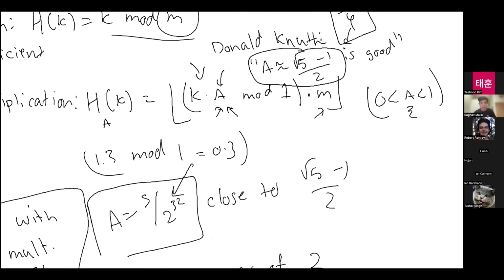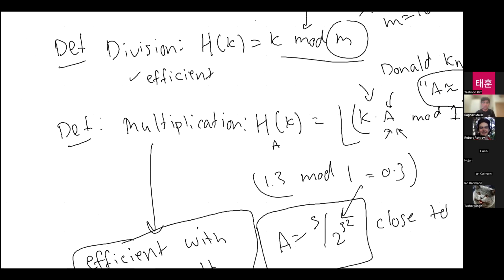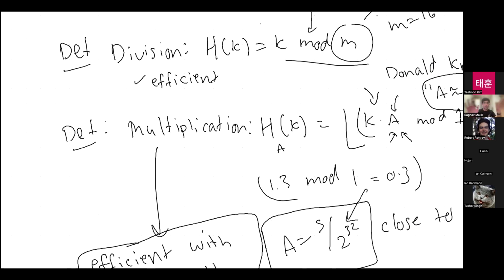Okay, so does this whirlwind of hashing by division and hashing by multiplication make sense? These are specific implementations of hash functions. Again, the first thing you have to do is map the data structure that you want to hash into a natural number. And then once you've got a natural number that's maybe unbounded, you apply one of these two hash functions to convert it into something in the range 0 to n.